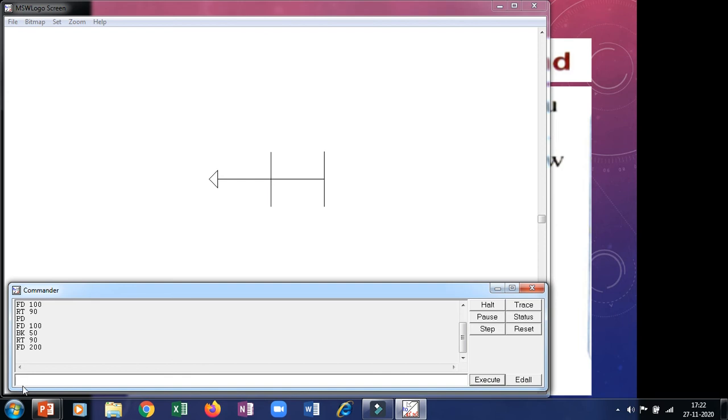So we have to use pen erase, that is the PE command. Okay, now the turtle has the eraser instead of the pencil. Now let us erase this line. We can erase by using BK 100. You have seen it has been erased. Now if you move the turtle more backward, BK 100, it is erasing because the eraser mode is still on.